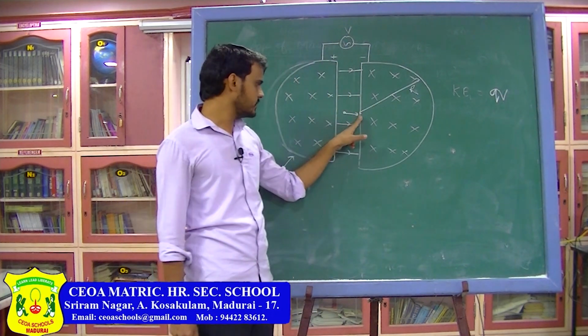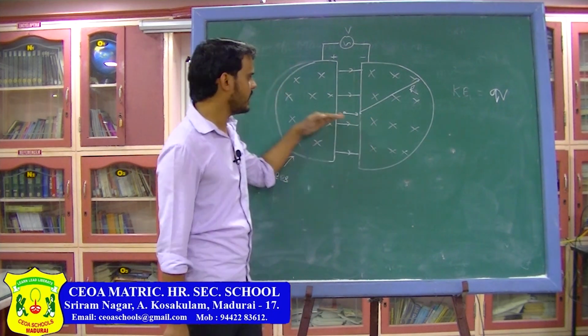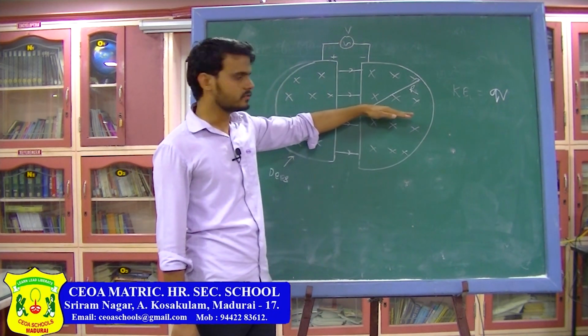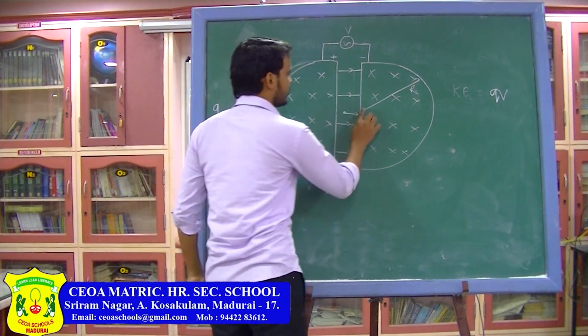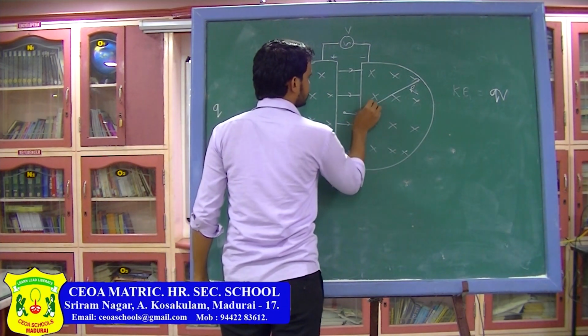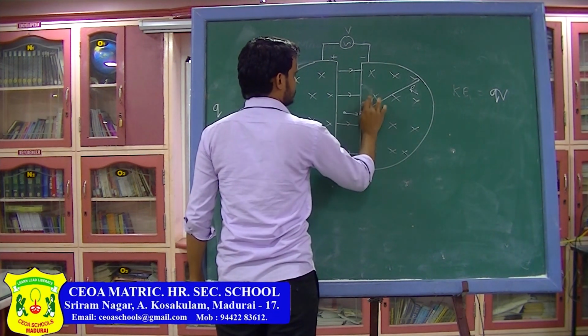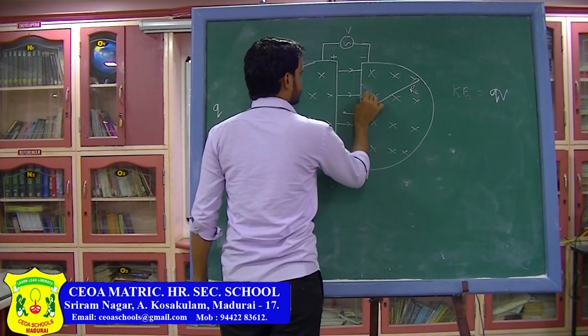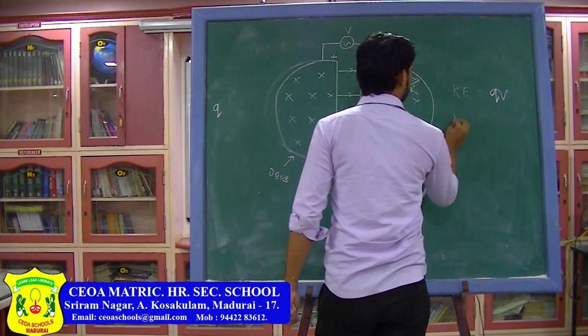Now, as soon as the particle enters here, you can see that the magnetic field is in the inward direction and the velocity of the particle is in this direction. So, velocity and magnetic field are perpendicular to each other, and the particle will undergo circular motion. The particle goes on a circle like this. I draw a small circle. The radius of this circle I can write as R1.